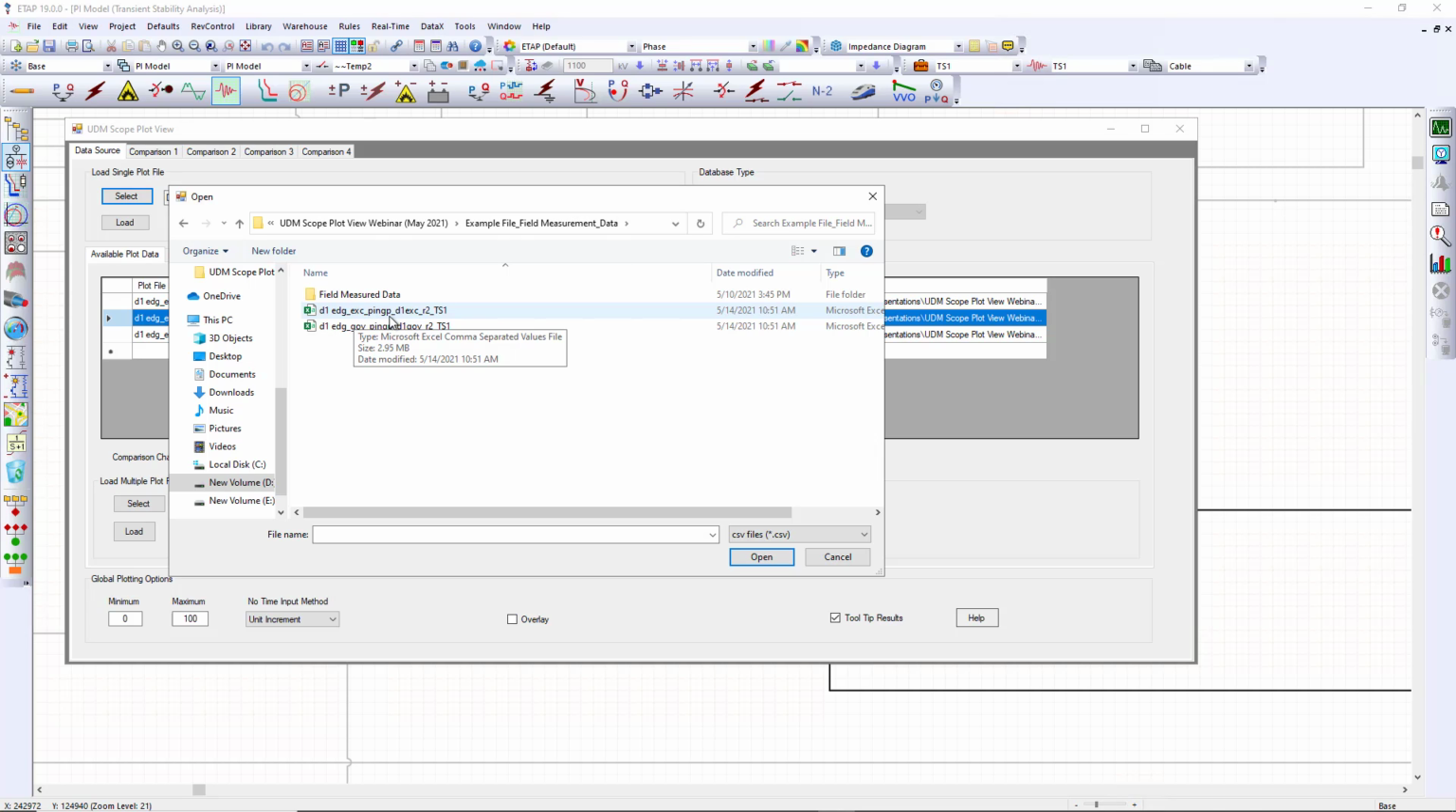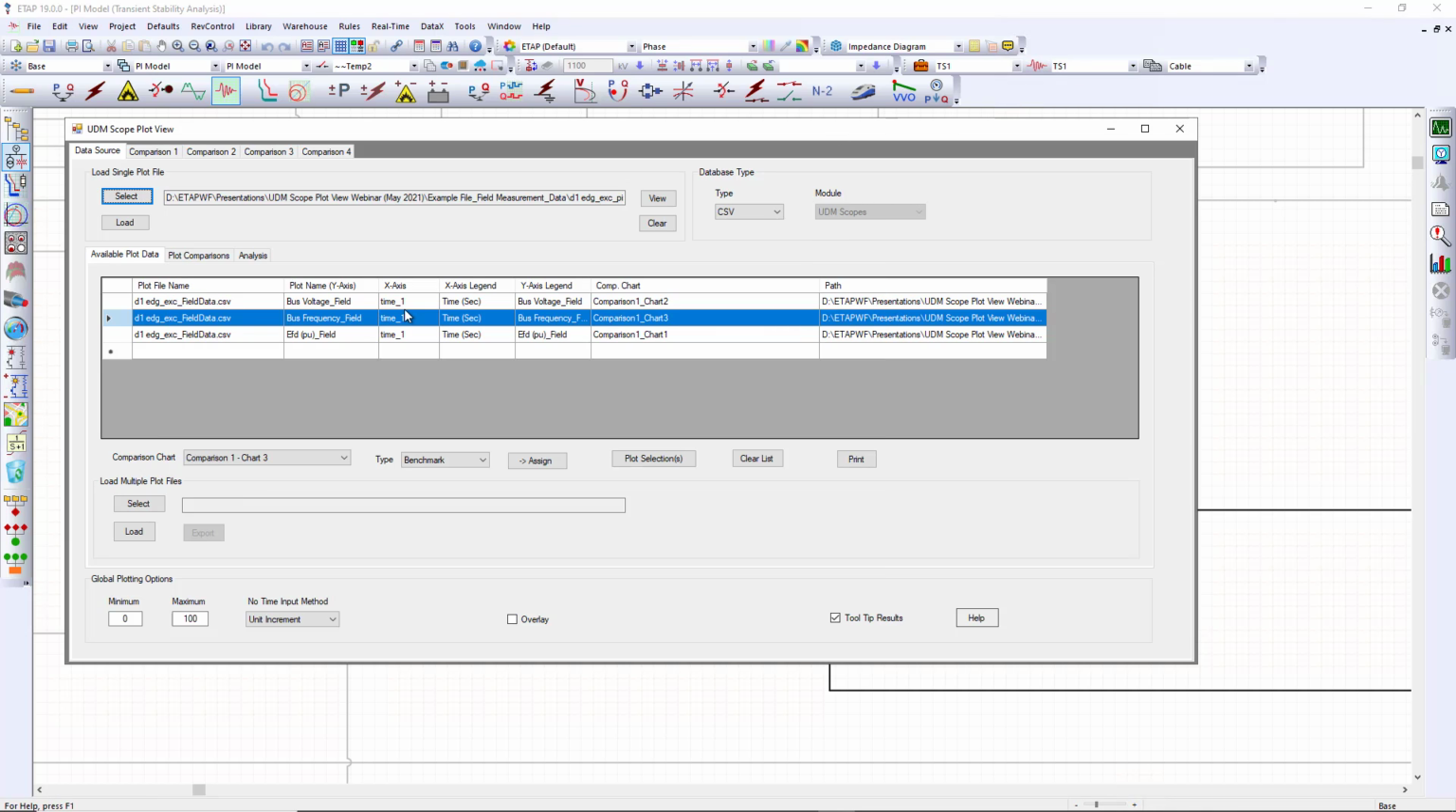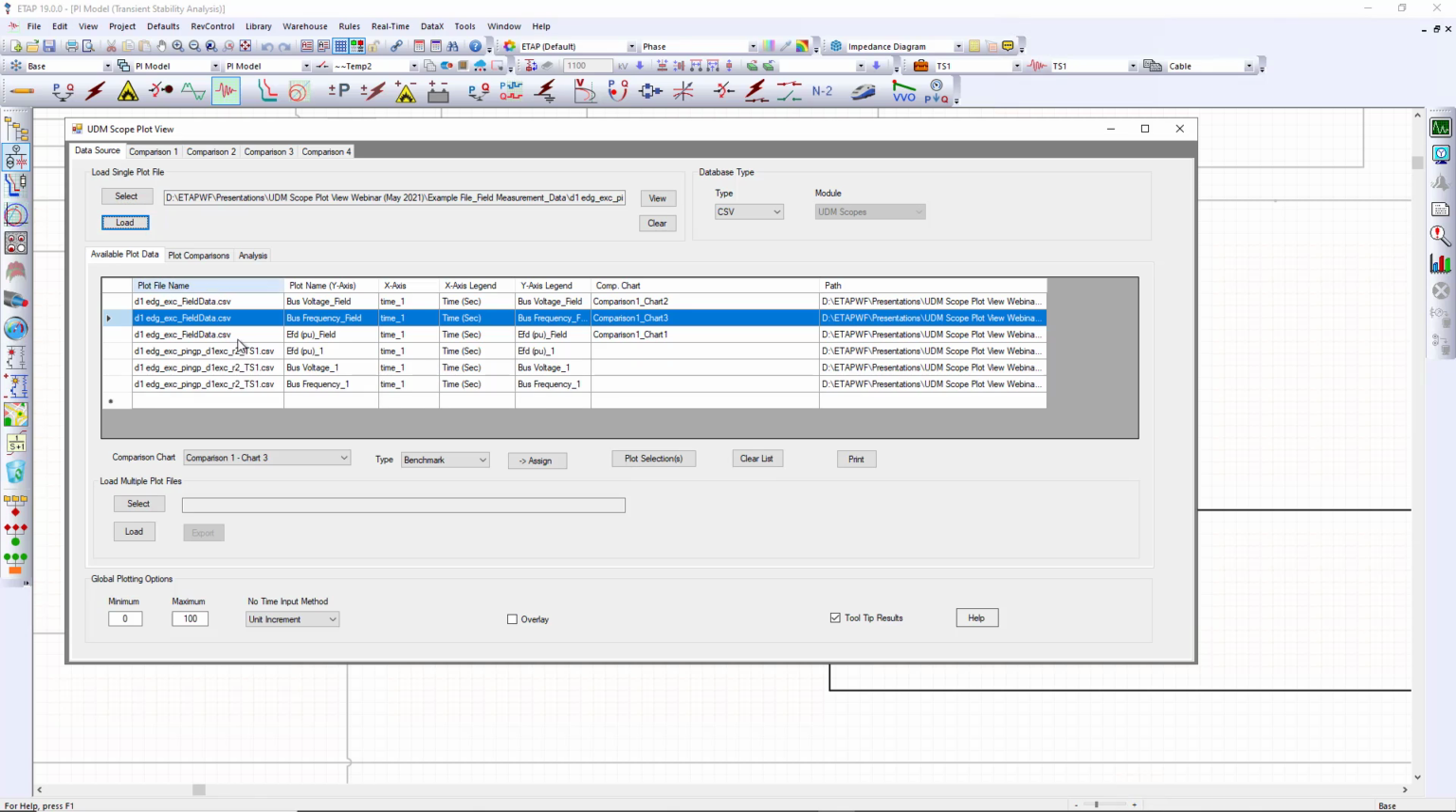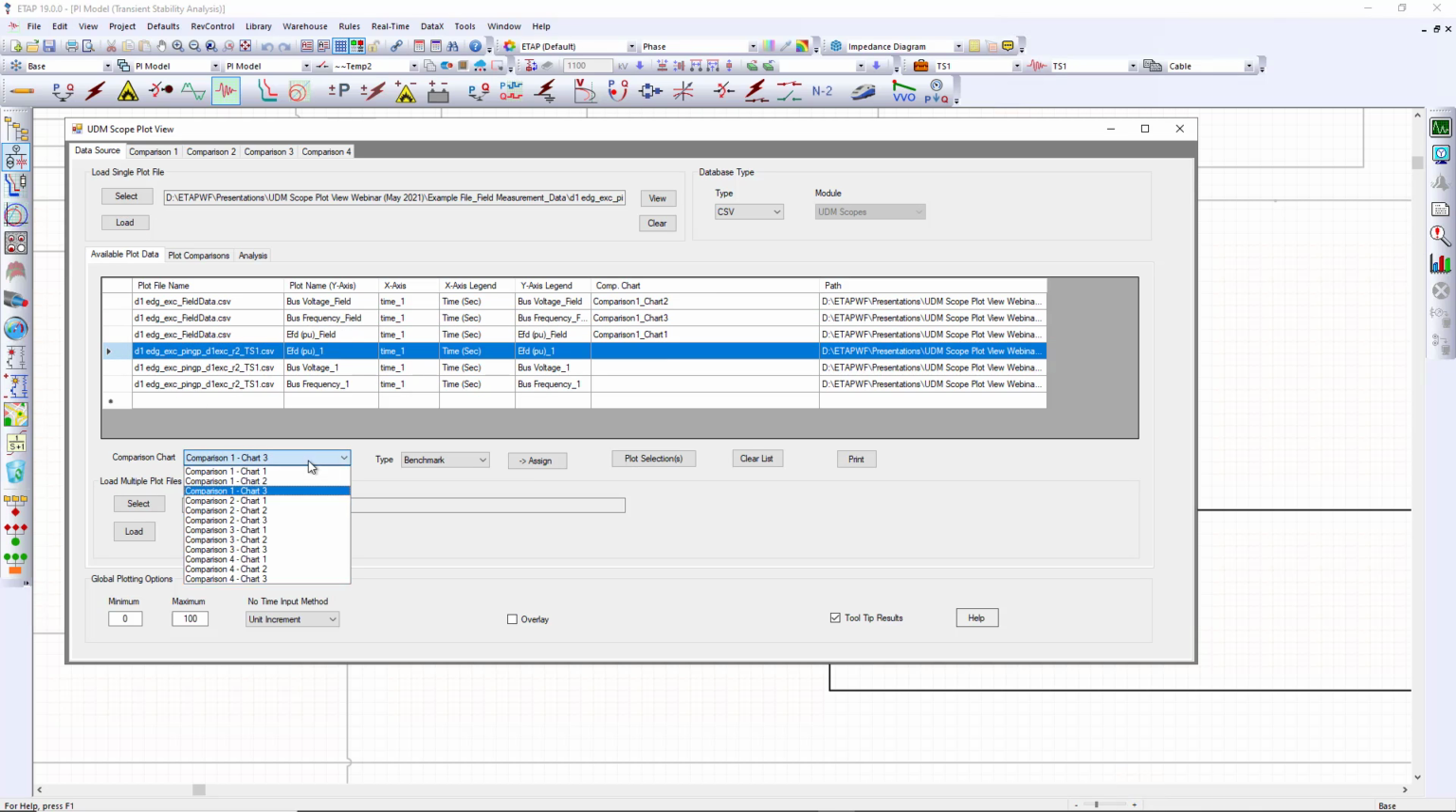Then the UDM model ID or name, and last is the output report name. In this case, like I mentioned, it is going to be the plot data from the exciter, the one that we're going to use for this first example of today's webinar. And now we need to do the assignment of the plot comparisons. Like we did with the field measure data, we need to do the same now for the results, for which